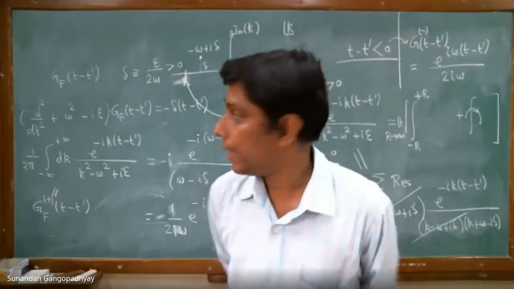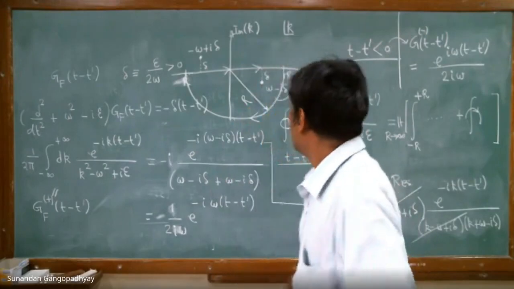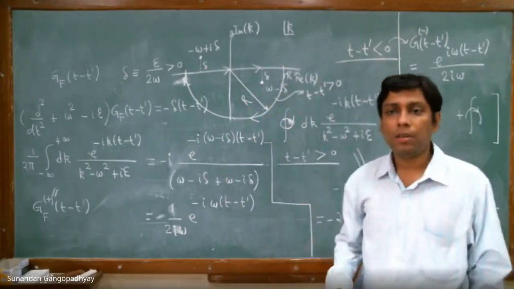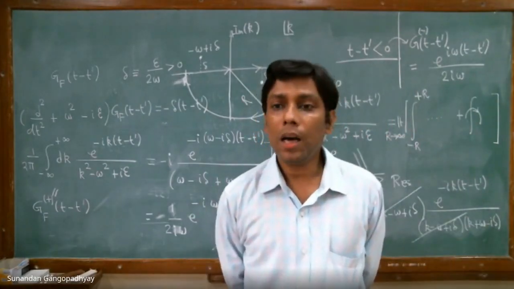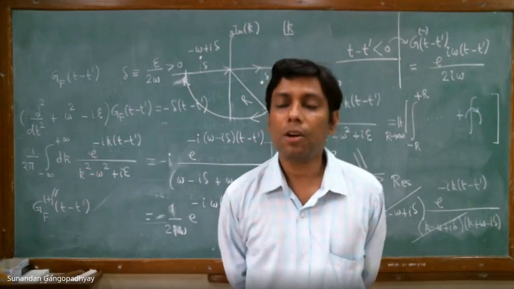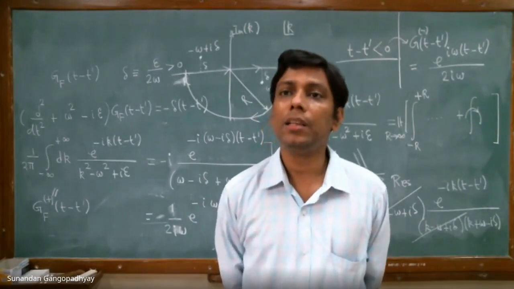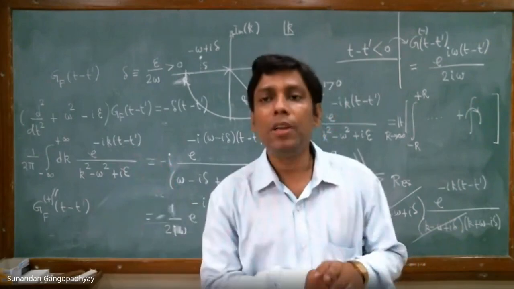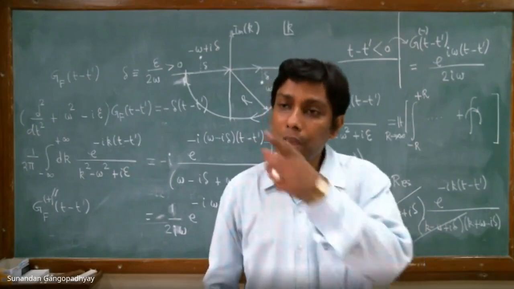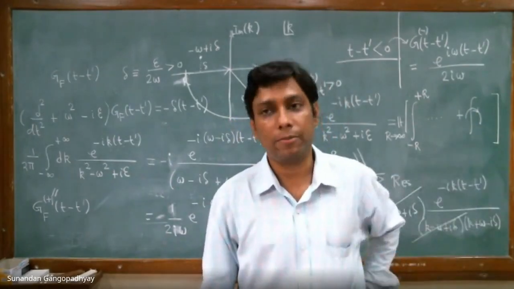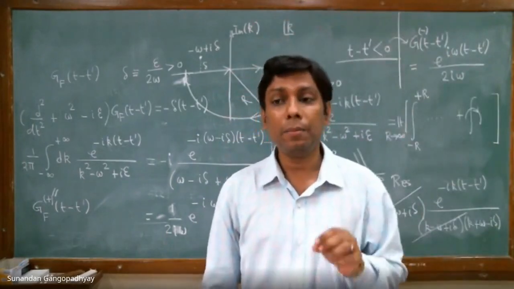In the case that if you have followed this argument, then you will see that when t minus t prime is less than 0, you are computing this closed contour integral. You are not supposed to close the contour integral in the lower half plane, because if you close the contour integral in the lower half plane, the contribution will diverge, will blow up in the r tending to infinite limit. Therefore you cannot close the contour in the lower half plane. You have to close the contour in the upper half plane for t minus t prime less than 0.